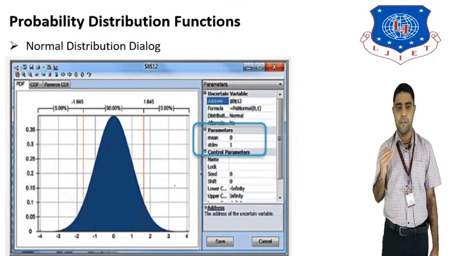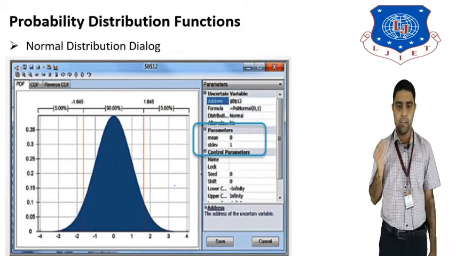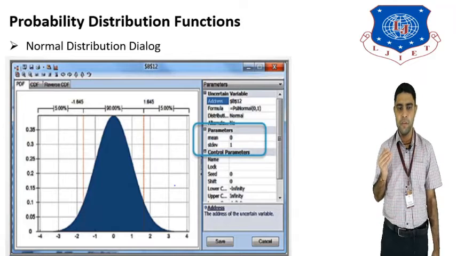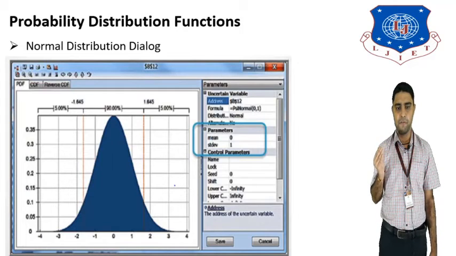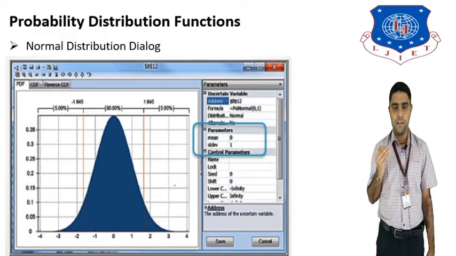Once we have selected the normal distribution dialog box, we will get the output which is shown in the figure, like that is the curve form. If we select the triangle form, then the normal distribution dialog box will appear in the triangle form, the result of the probability distribution. And we can change the input and output variables using the Analytic Solver platform.